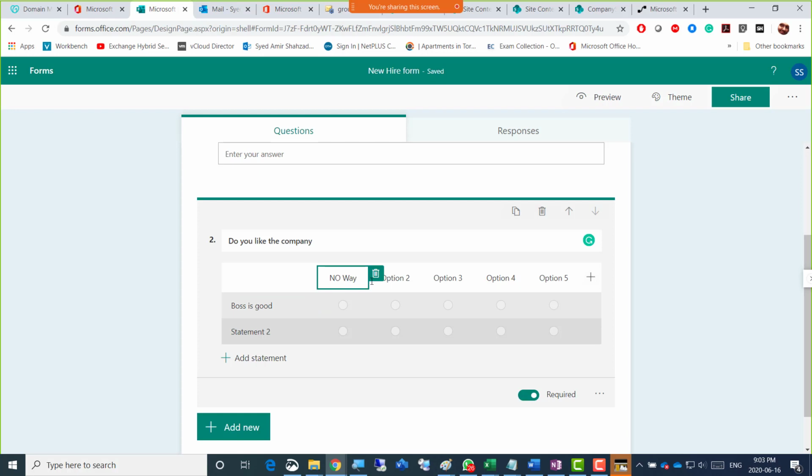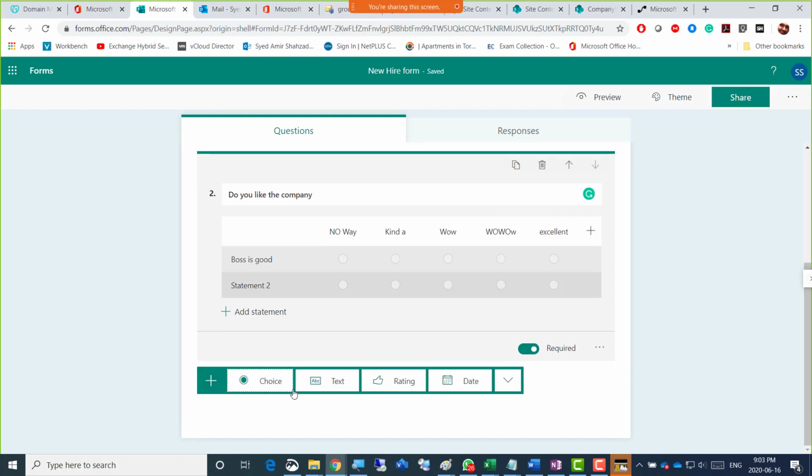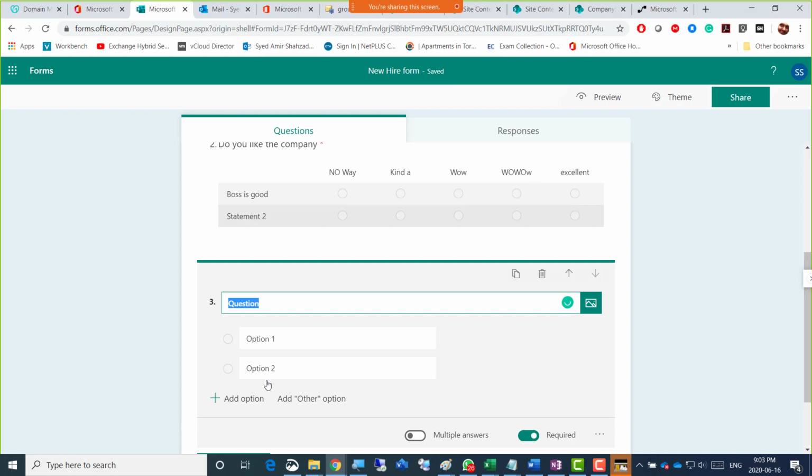Likert is there, and you have to select any one of those, just like when you add any forms and add new. And there's this choice here, and choice would be multiple choice.